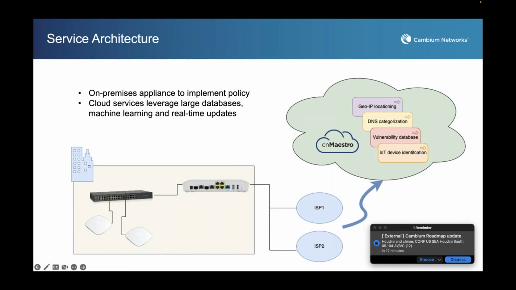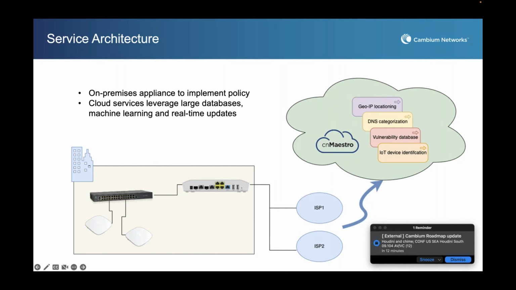In terms of how this is set up, the service architecture, you can see that the device itself, the NSC 3000, will be on premises. You've got the two WAN links shown there, ISP1 and ISP2, connecting to cnMaestro in the cloud. The cnMaestro on the back end subscribes to a bunch of databases like geo-IP location, DNS categorization, vulnerability database, and IoT device identification.